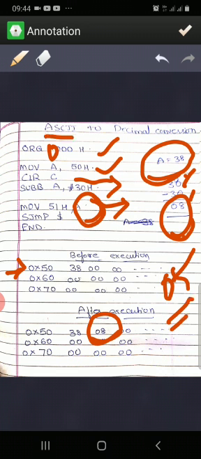You have to give an ASCII number only as input, that is nothing but 30 to 39. So if you are giving 30, the decimal equivalent is 0. If you are giving 31, the decimal equivalent is 01.